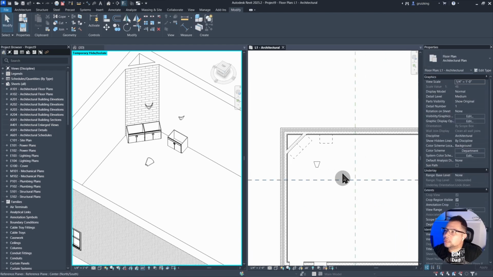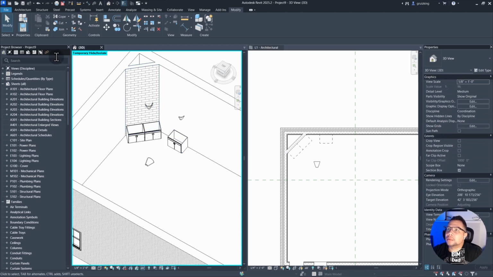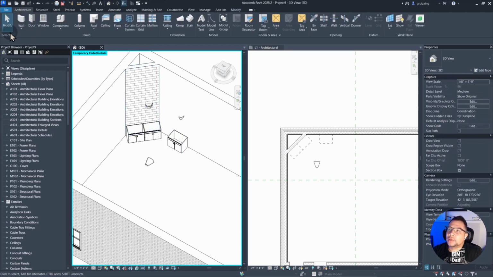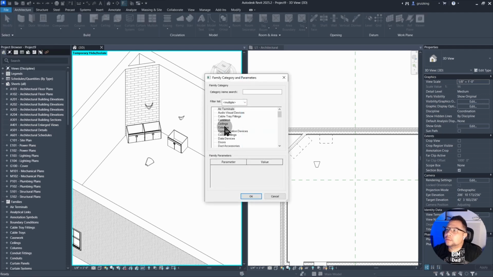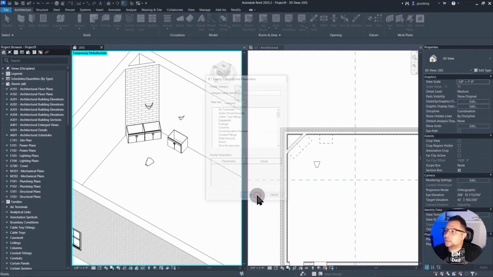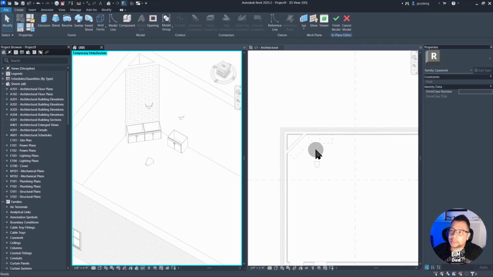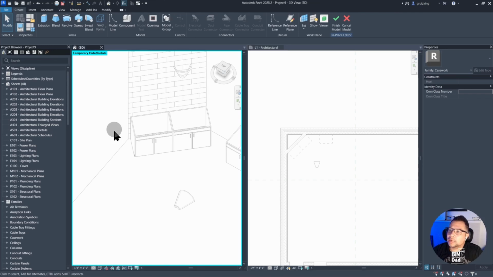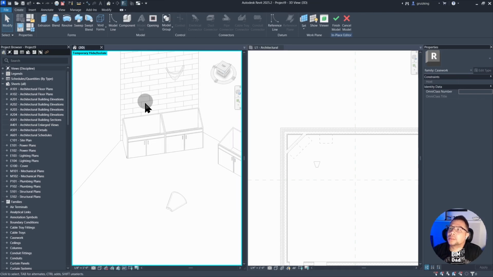I think we still have time for a quick bonus tip here. So let's look at a model in place. If I go over to architecture, component, expand that, and go to model in place. When you're dealing with model in place, you're going to want to make sure that you're setting your reference planes or your work planes. So for something like this, where we maybe need a custom countertop here,